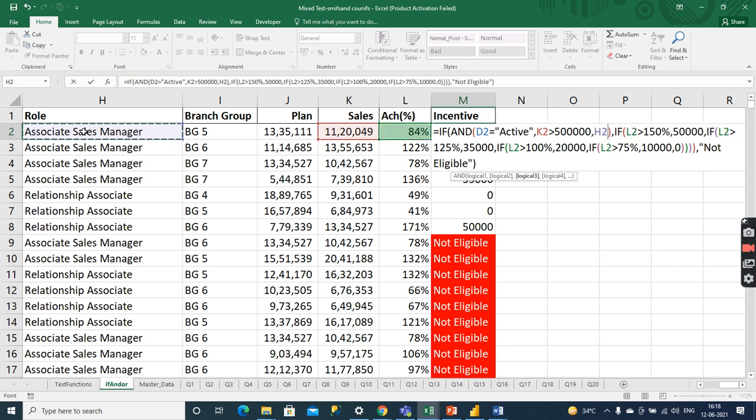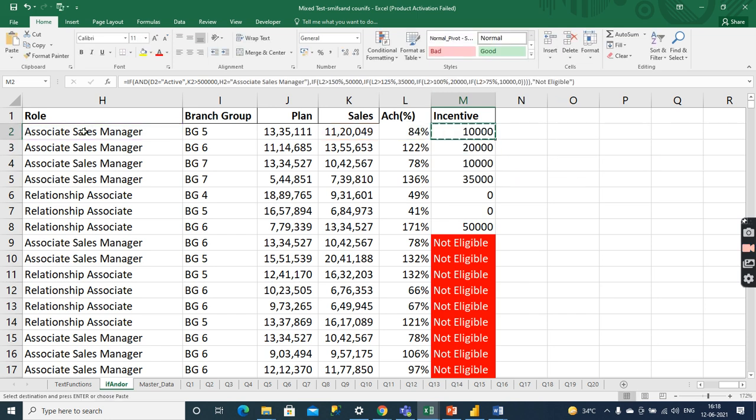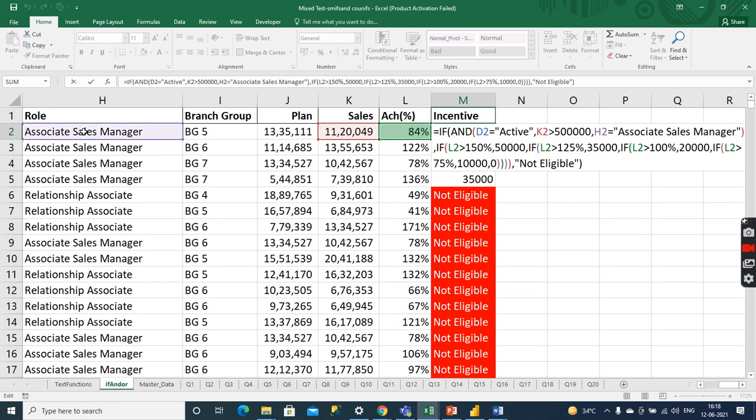I have taken this. We can apply n number of conditions with the and function, right?